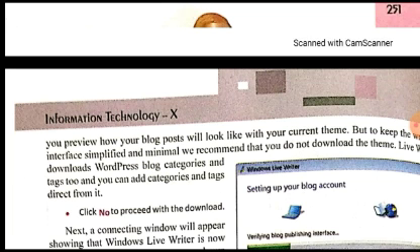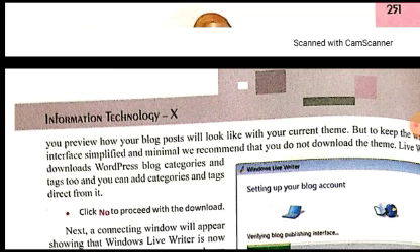So the Live Writer will download the different WordPress blog categories and tags, and if you want to choose from any of these categories, you can add those categories and tags directly from the ones downloaded from WordPress by the Windows Live Writer. Is it clear to all of you? It is downloading the WordPress blog categories and tags, and then we can choose from the available downloaded categories and add any of them into our blog.